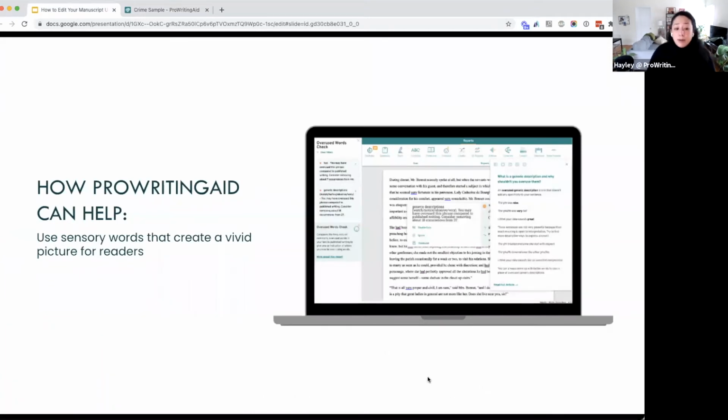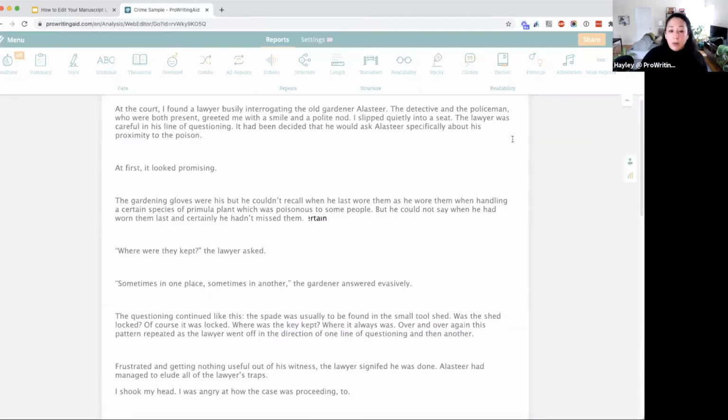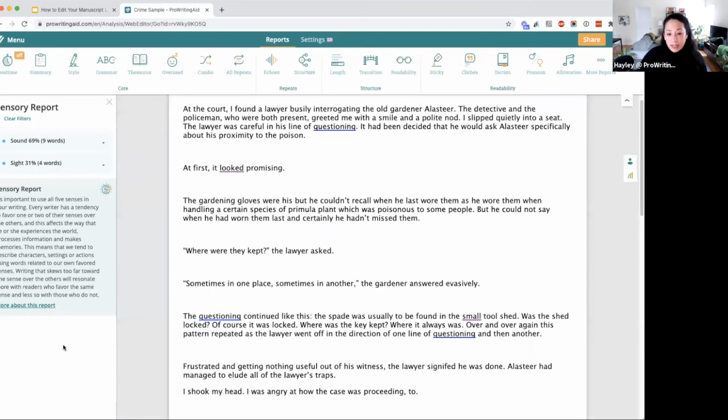And then finally, ProWritingAid can also help you use sensory words that create a vivid picture for your readers. So it's really important to create a vivid, holistic picture for your readers, and that means relying on more senses than just sight. So our sensory report will give you a look at all of the different sense words that you've used